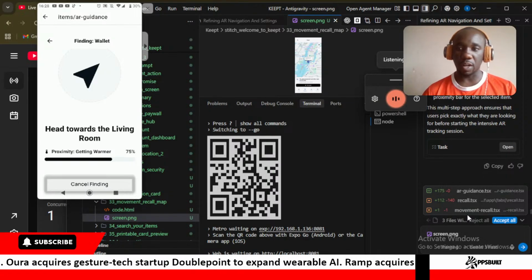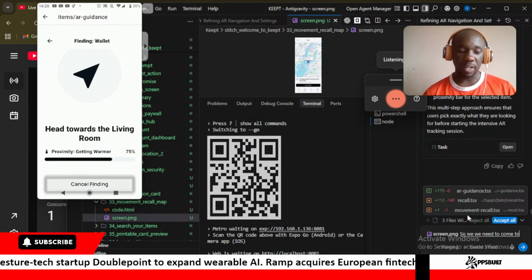When it comes to the AR guidance screen,